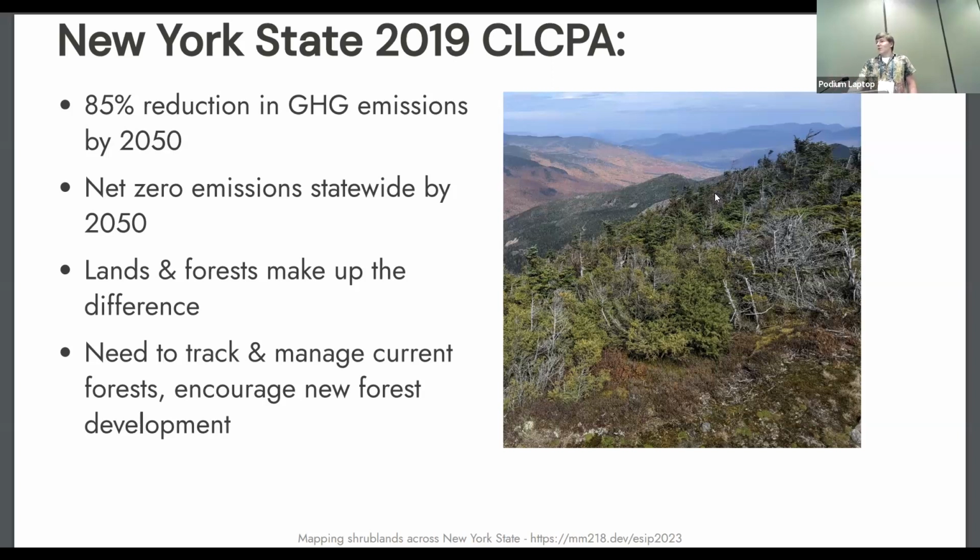Now, if you have a goal of offsetting 15% of your emissions, you have to be able to actually track that, and you have to be able to actually manage to promote more sequestration in lands and forests. So what our group does is we help the state identify current carbon pools as they exist now throughout the state, measure how that's changed going back to about 1990, and forecast how that will change in the future, but also identify good areas for management: if you reforest, if you afforest, so plant for the first time, if you conserve, so just keep the land from being converted for other purposes, you can then use that land to sequester more carbon than is currently being stored.